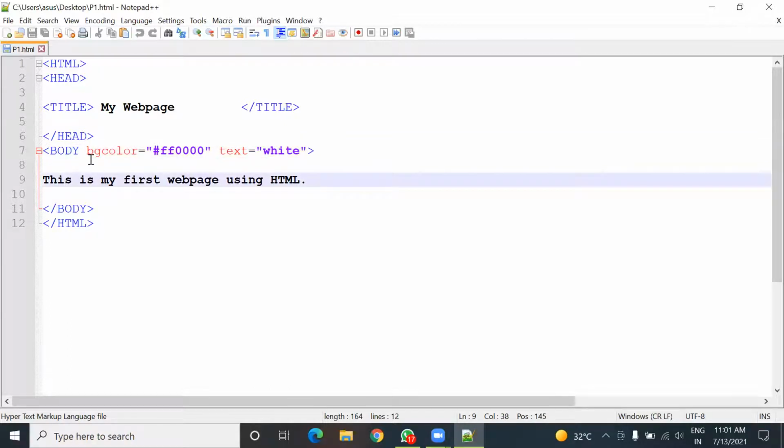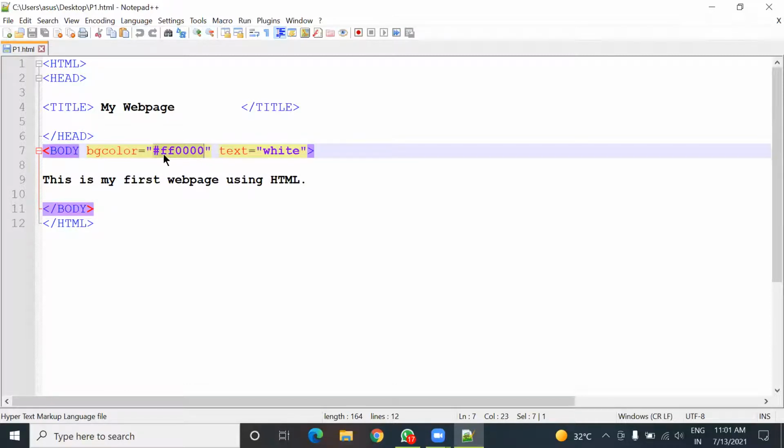So in today's class, I'll start from this color coding once again. Just listen carefully and look here. If we have to provide a color code in the HTML document, the format we have to give is like this. The color code must start with this hash symbol, and after this hash symbol, you have to provide six characters. Here the characters are actually hexadecimal values.